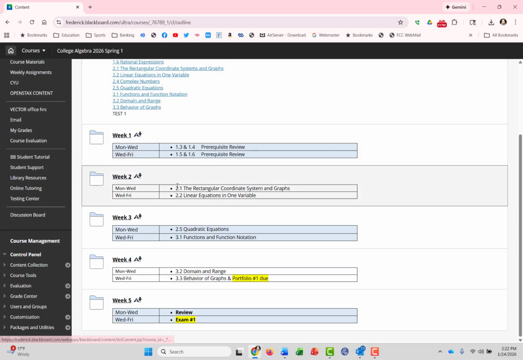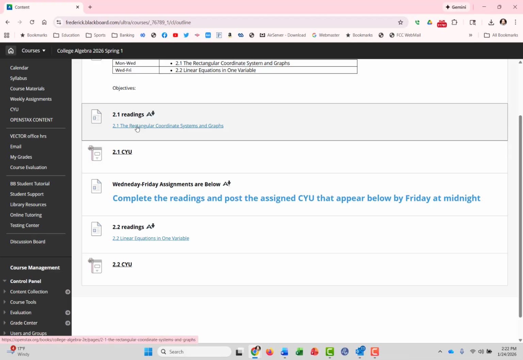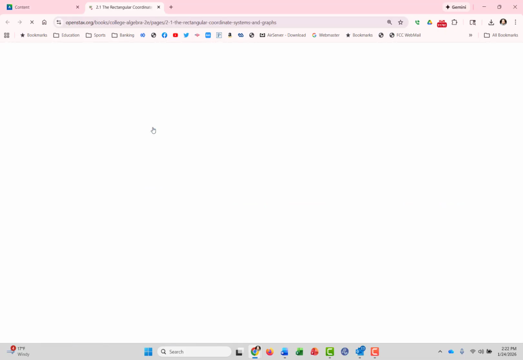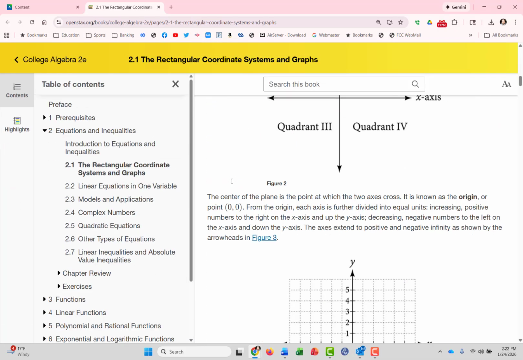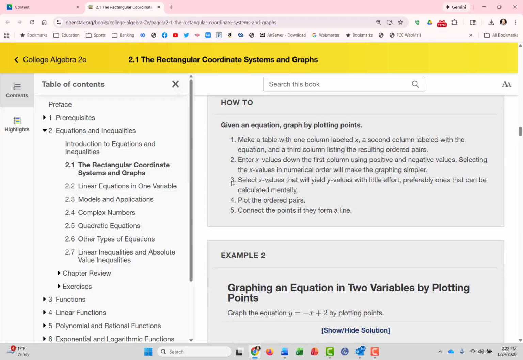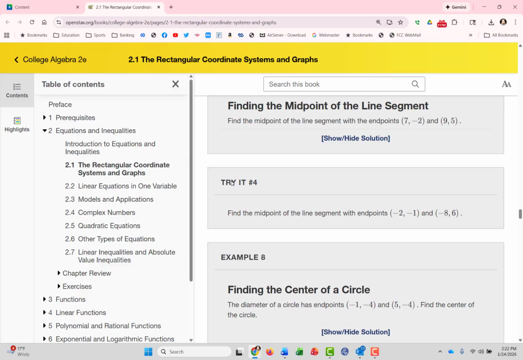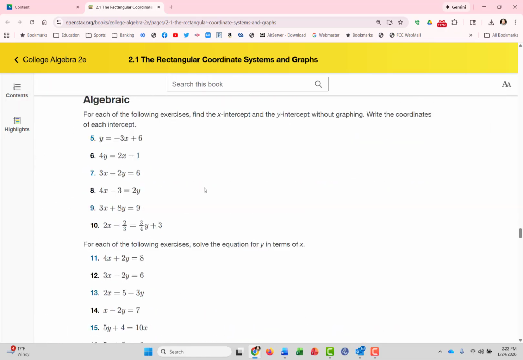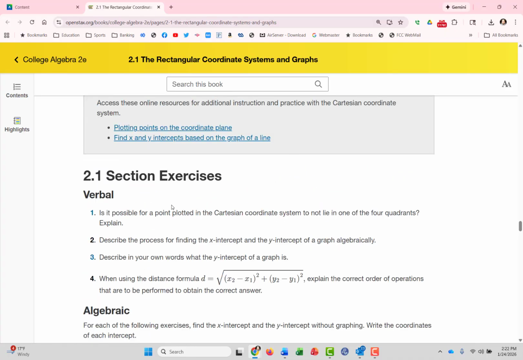For instance, in week 2, we're going to be covering 2.1 and 2.2. If you click on that week, you'll see, again, the readings. This is a direct link to the readings. We have a free book. It's Open Educational Resources, a free book online. If you click on that, it'll take you straight to the readings that are due. Your expectation is that you read that section. At the end of each section, there are homework exercises you can do. These are for your discretion. Obviously, a lot of our quizzes and exam questions will come from your homework or from these exercises, so I encourage you to do them.